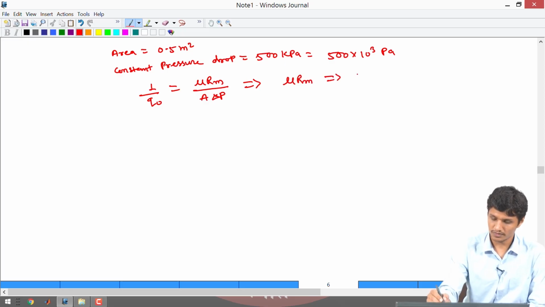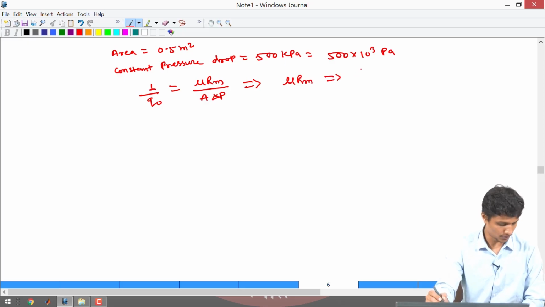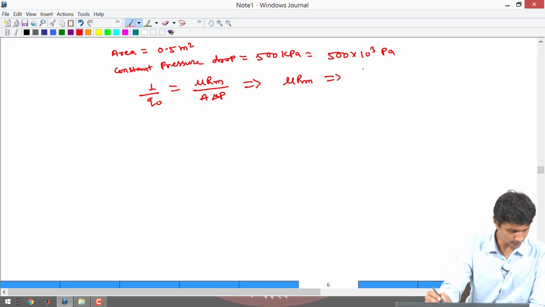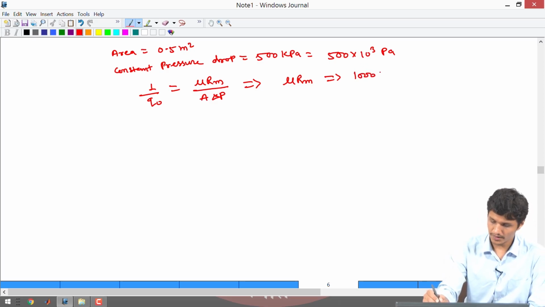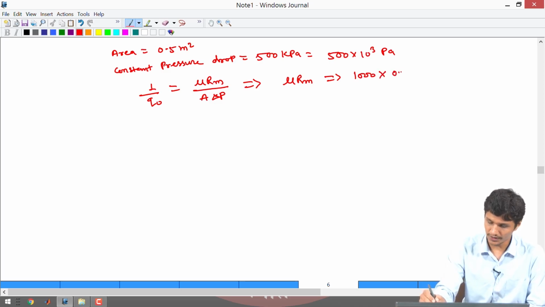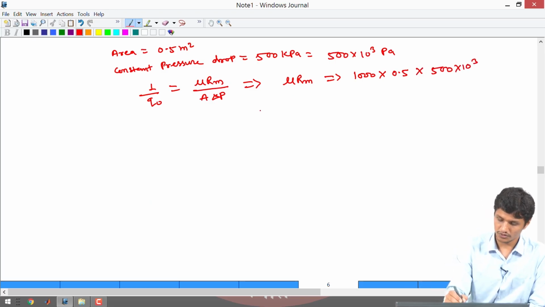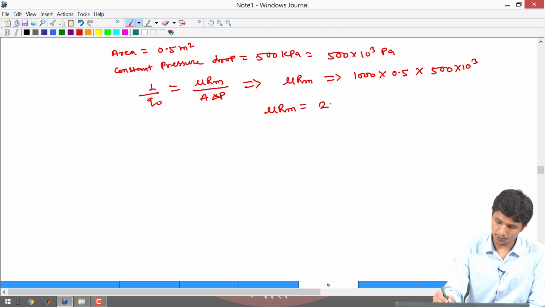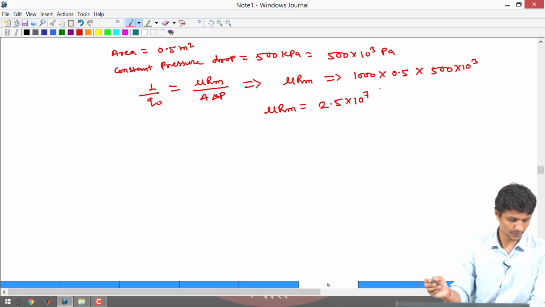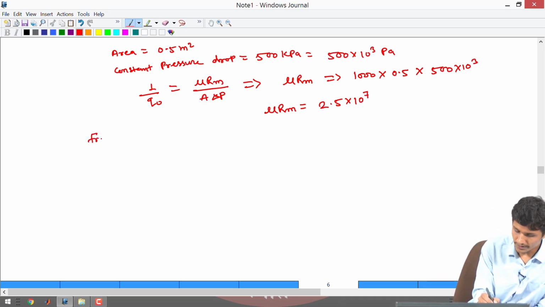equal to 1 by q naught was 1000 into area 0.5 meter square into pressure of 500 into 10 power 3. So you will get mu Rm equal to 2.5 into 10 power 7. Now from the slope part,